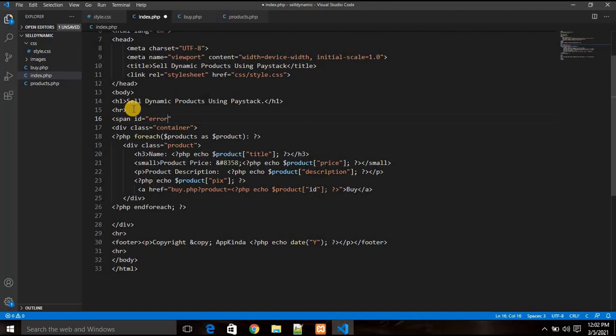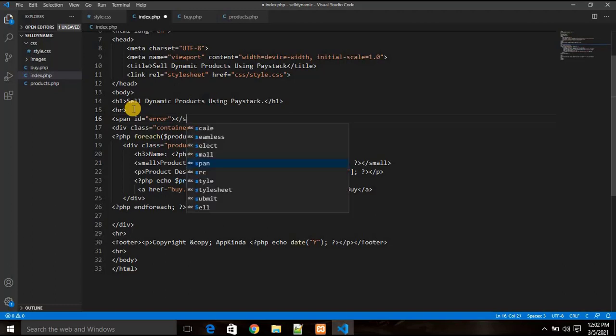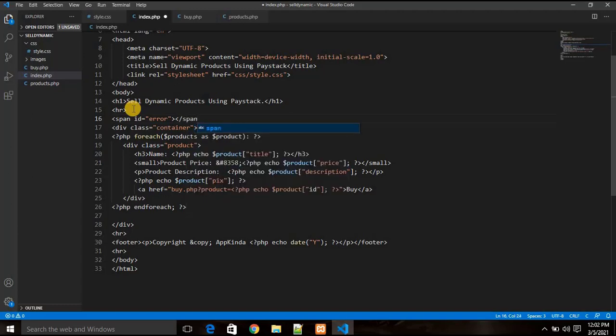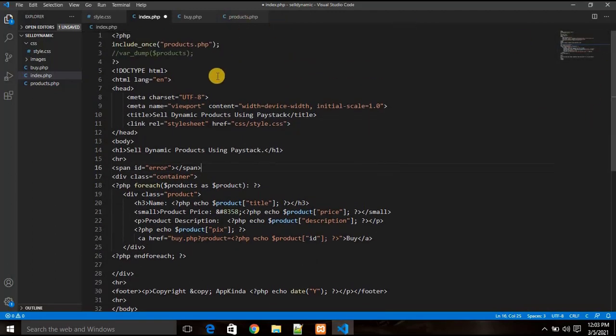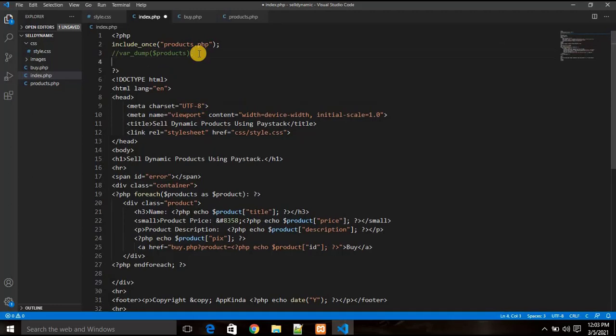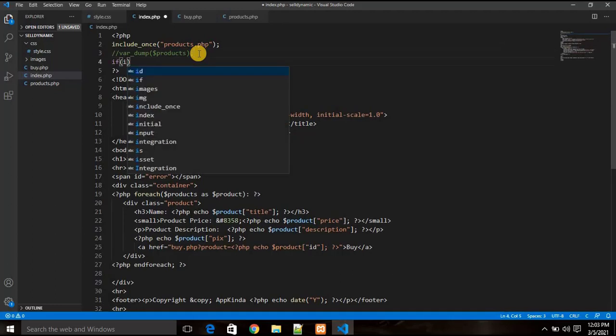Let me close that span first of all. I don't have anything within it for now, but I'm going to go to the top of this page and fetch that error. To fetch the error, we can do it with an if statement. So we're going to just say if isset,